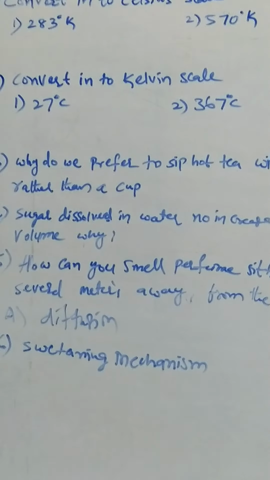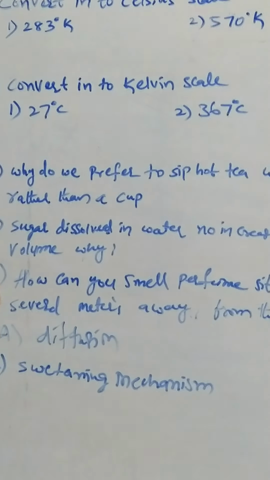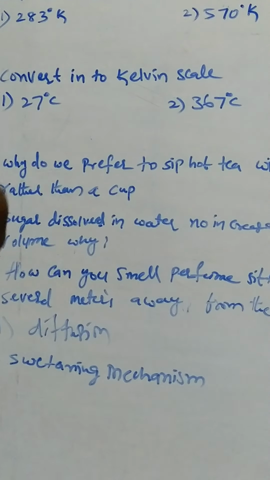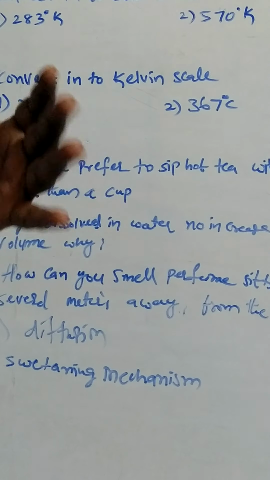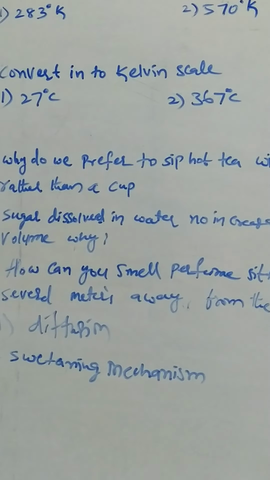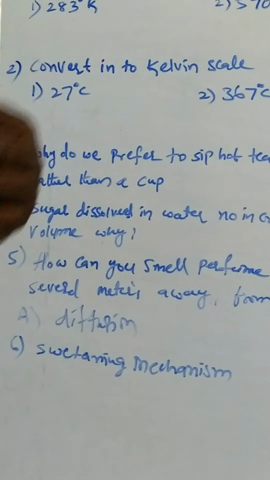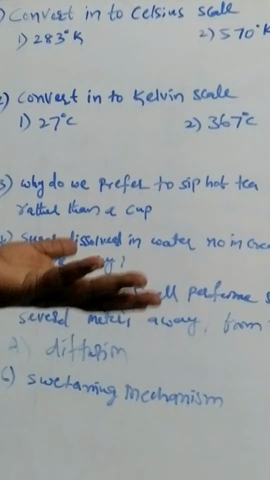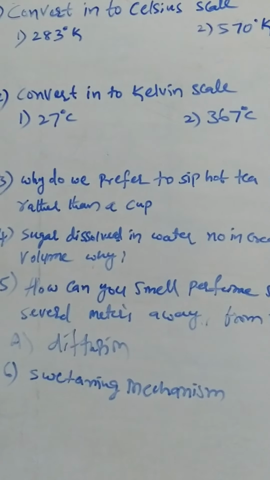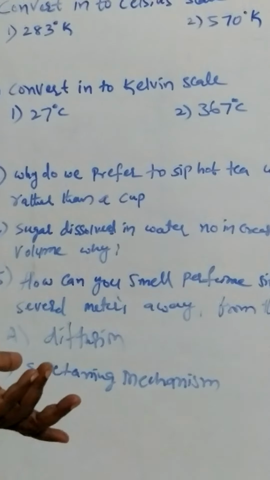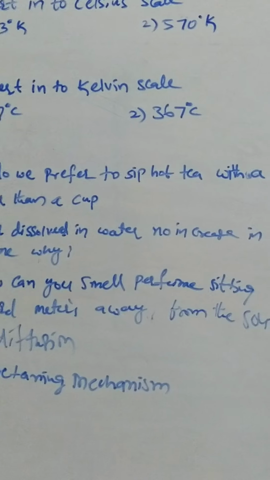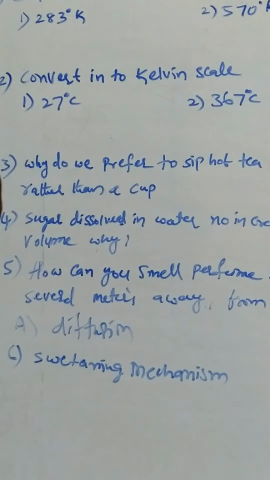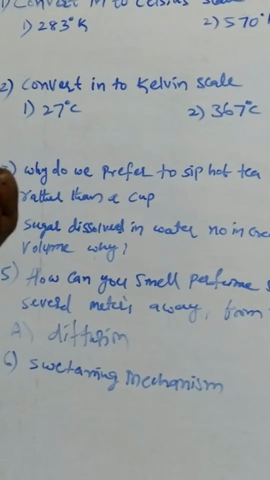Another one is the Kelvin scale. 0 degrees Kelvin is the lowest temperature we can attain. Less than 0 degrees Kelvin is impossible, because at that point the volume becomes 0, which is meaningless. Any object at least has limited volume. Volume 0 means it is not possible. So the minimum volume you can get is at 0 degrees Kelvin. So Celsius scale, Fahrenheit scale, Kelvin scale.